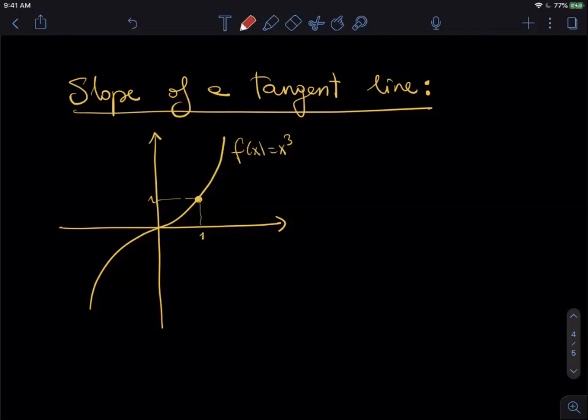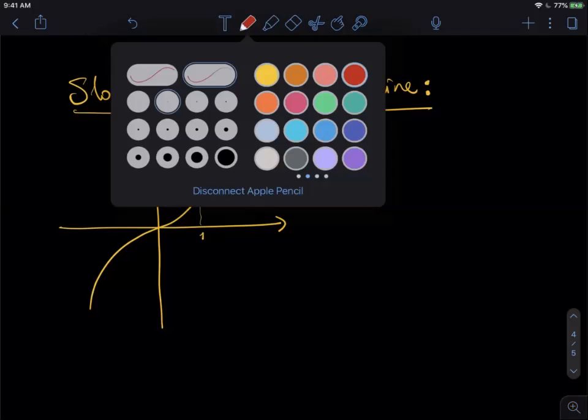Let us discuss in this video. This is a very simple question, but also it's a simple question with a complicated answer. It took Isaac Newton to answer this question. So the question is, if I have a graph, how do I compute the slope of the tangent line at a given point? For example, if I give you the graph of the function f of x equals x to the power 3, the cube of x,